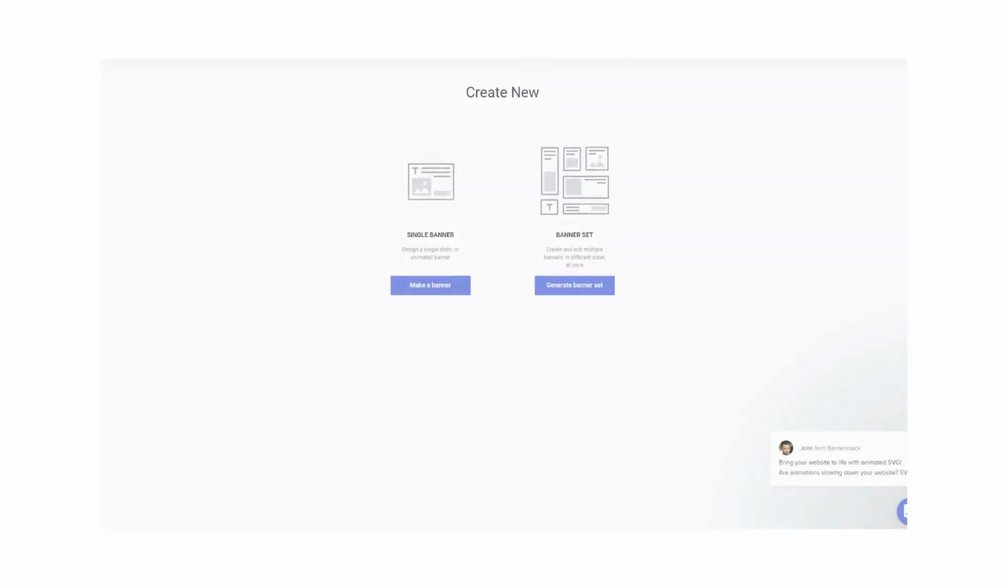All right, guys, so we are inside of Banner Snack, and this is where we're going to create our AdWords banner ad. Now, there's 2 options here, single banner and banner set. Banner set is an incredibly useful tool that you need to be aware of. It can really decrease the amount of time that you spend trying to customize all the different dimensions and sizes